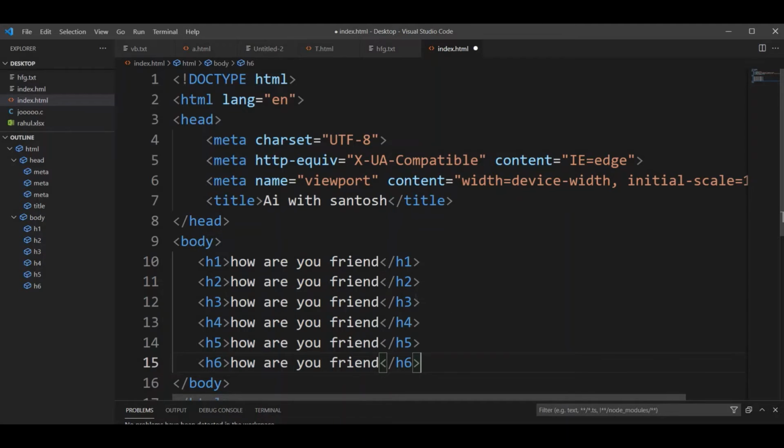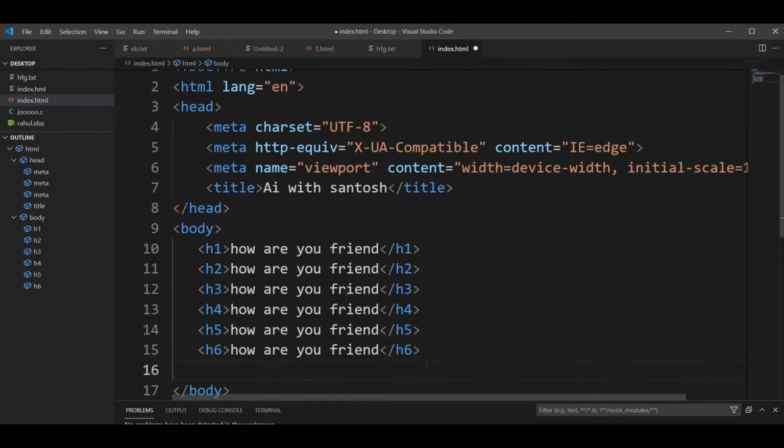Now we will understand. The second heading is less important, the third heading is even less important. Hence, this process will execute step by step. As you can see, this process executes step by step in the live server, as you can understand, in the website, in the browser. So now we will understand, friends, the bold and italic options.